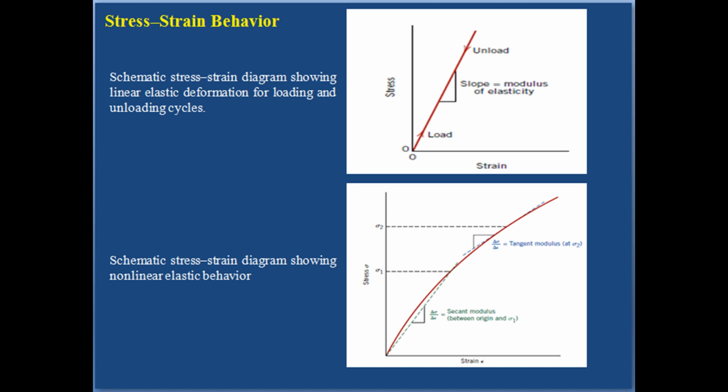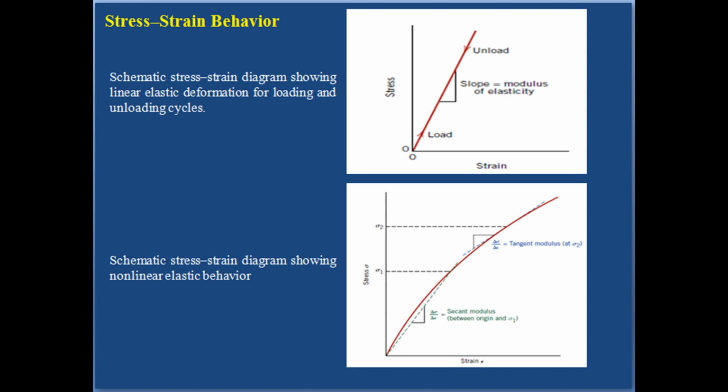There are some materials, for example, grey cast iron, concrete, and many polymers for which the elastic portion of the stress strain curve is not linear, which is also shown in the next figure. Hence, it is not possible to determine a modulus of elasticity as described previously. For this non-linear behavior, either tangent or secant modulus is normally used.